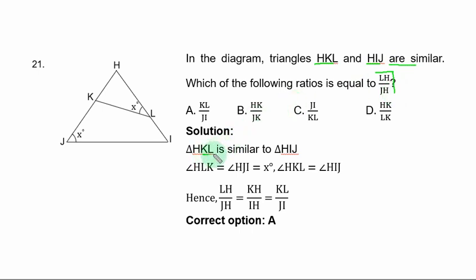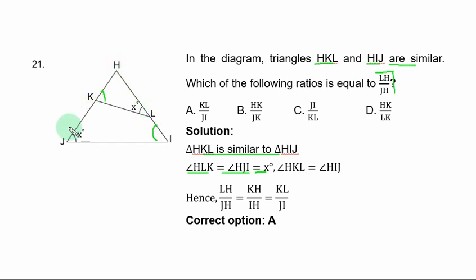Solution. The two triangles are already similar. You have it that angle HLK is equal to angle HJI, and that is S degrees. It therefore means that this angle is also equal to this angle. That is the meaning. Hence, LH